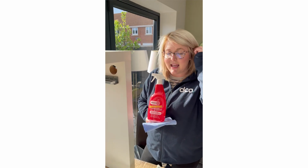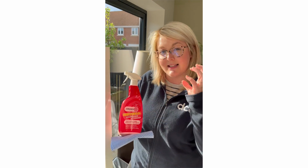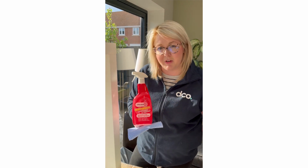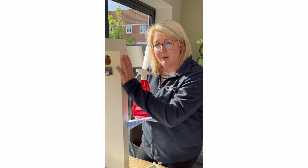So as with any DIY project, preparation is always key, and that's going to be our first step here. I'm using the Zinsser Universal Degreaser. Now it's a step that a lot of people don't realise is really important, and this product, to be honest, I just love having around the house anyways because it's great for any general cleaning, it's good for getting stains up off your carpet, but for here it's going to remove any grease and residue that might be on the